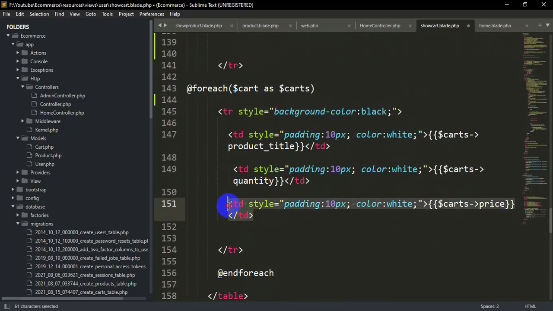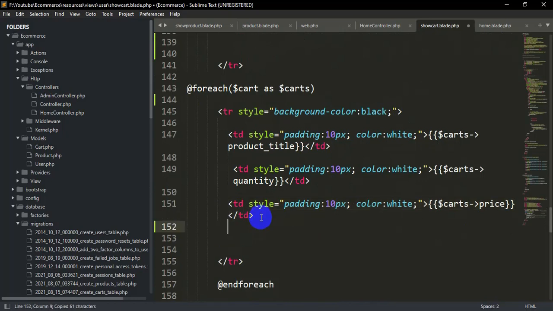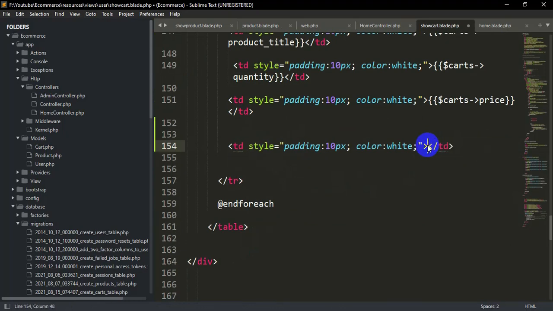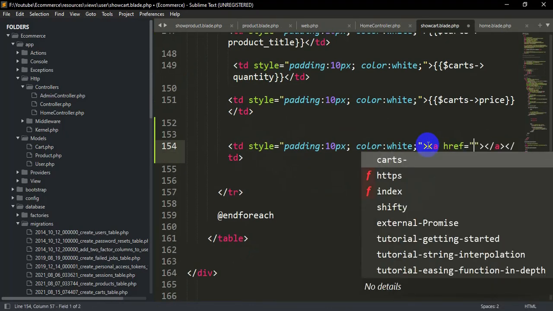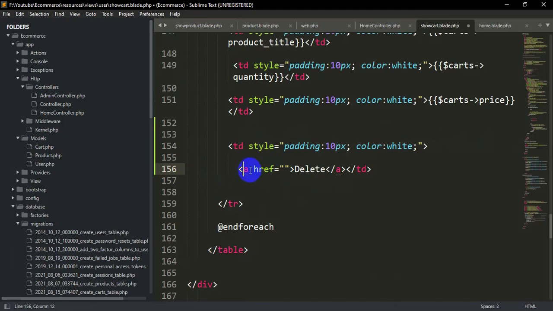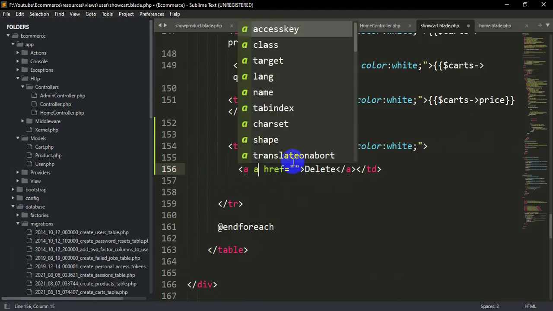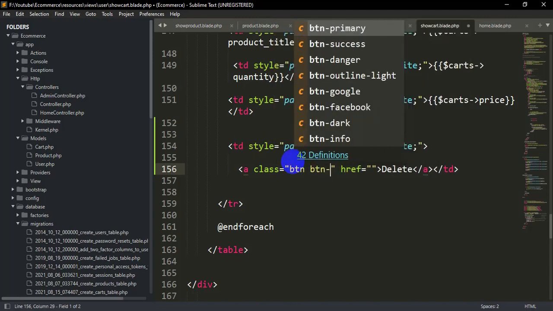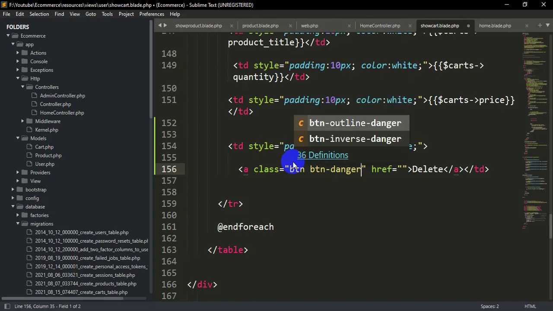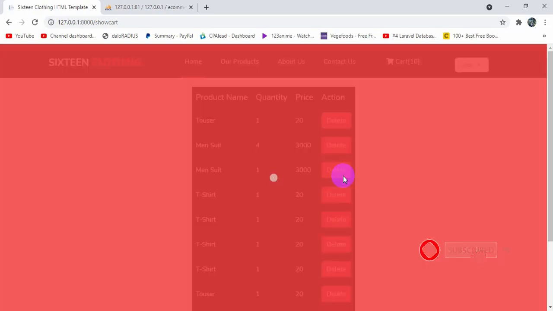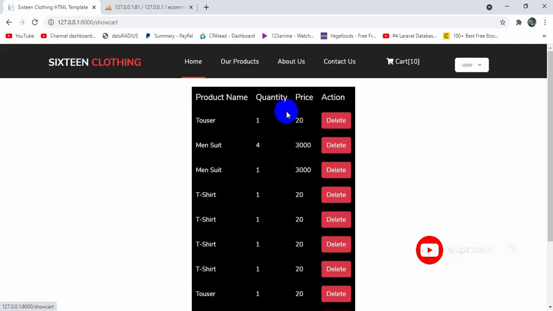Let me copy this TD, Control C and Control V. Instead of this cart price, we are going to mention an anchor tag, and inside this anchor tag let's say delete, and we are also going to mention a bootstrap class: class equals btn, btn-danger. If we save it now, Control S, and refresh, you can see a button over here.